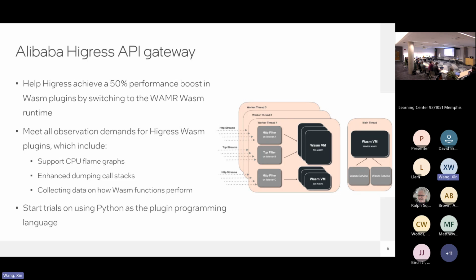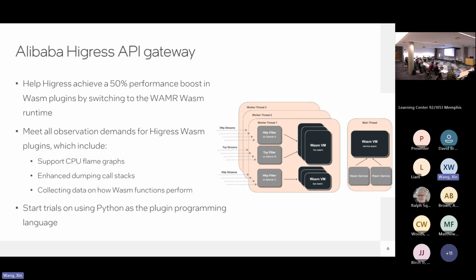We provided some enhancements for their production need, particularly for observability demands, such as CPU flame graphs, enhanced call stack dump, and performance collection for the Wasm functions. And also, they want to